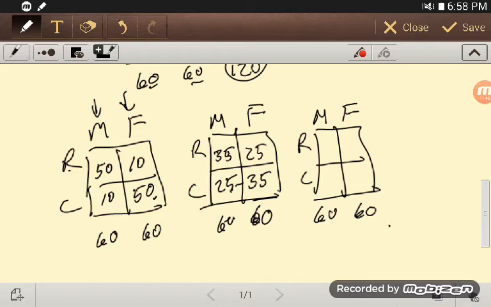And then, we get to something like, what if it's 31 and 29 and 29 and 31? I would look at that and I would say, this one is definitely not convincing to me. I think there's a very good chance that these could have been 30, 30, 30, 30 as far as what the underlying population is, that it doesn't matter. Males and females like romantic movies and comedies exactly the same. Here, I don't know. I'm not so sure. This is where statistics can help us a lot,